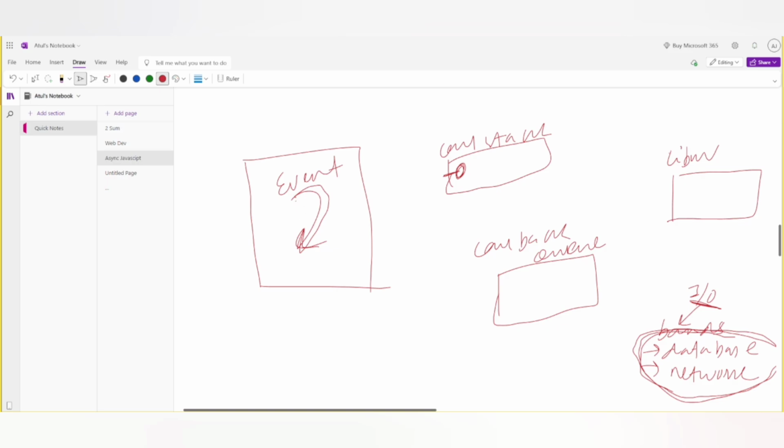Okay, so the event loop is continuously running. It is looking out for the call stack and callback queue continuously. If the call stack is not empty, it is going to execute that immediately, and if it is empty, it is going to look at the callback queue, and if something is there in the callback queue, it is going to put that in the call stack, and it is going to display the output. Okay,